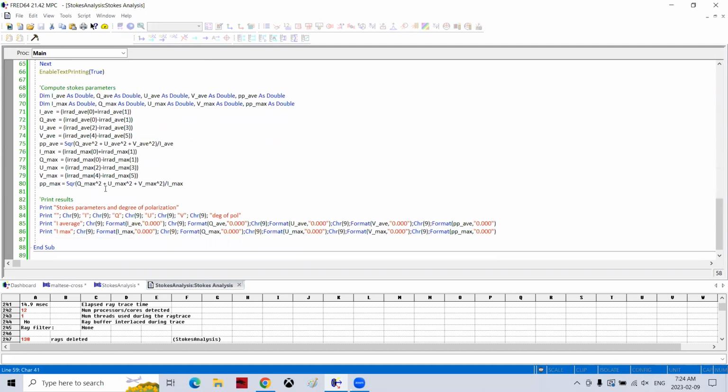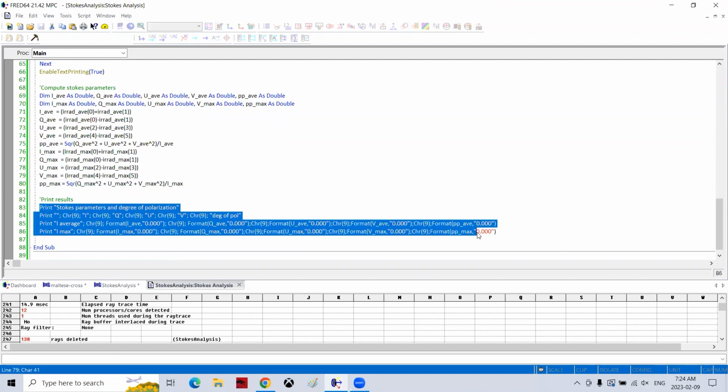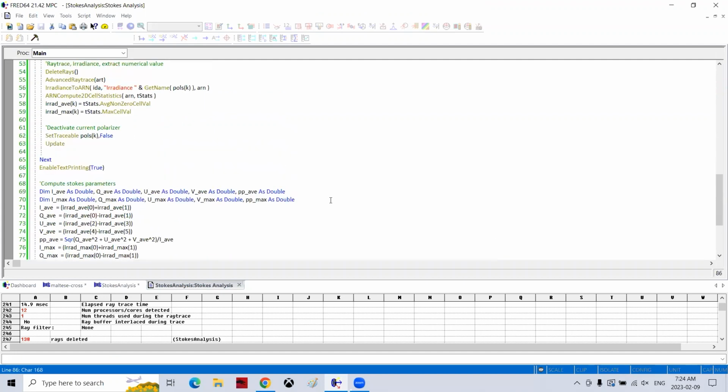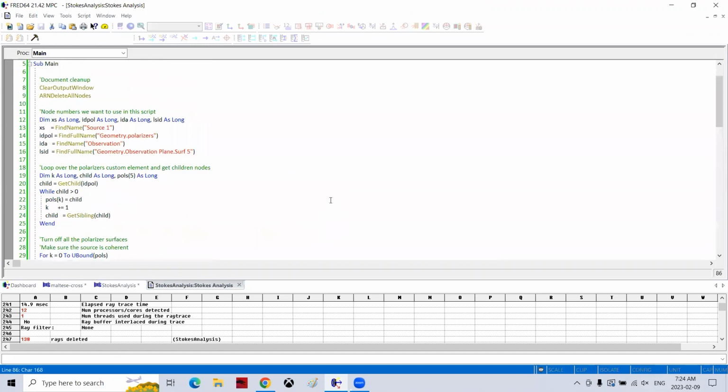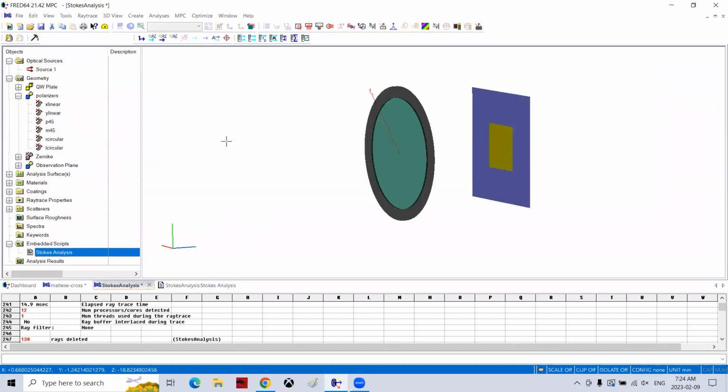At the end of the loop, we calculate the Stokes vectors, the Stokes parameters we talked about, and then we display them in the output window. So thematically, it's quite straightforward to understand. Not too much code. It wouldn't take you too long to write this if you have a lot of experience in FRED Basic. So if I run the script,